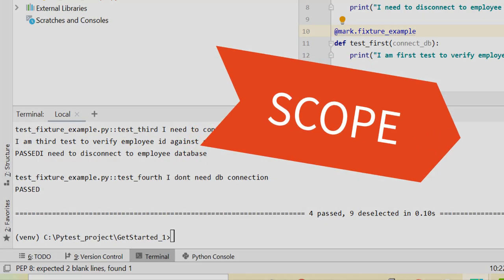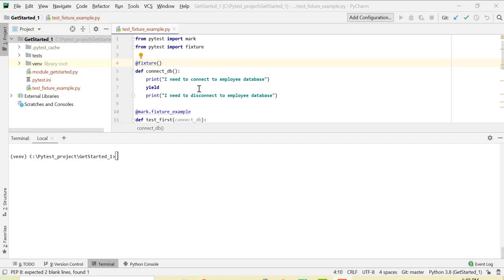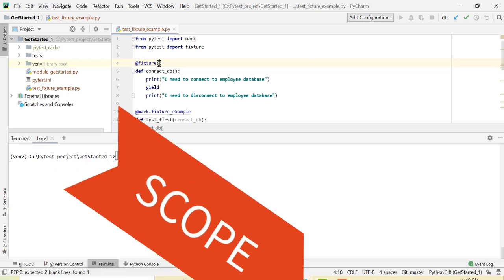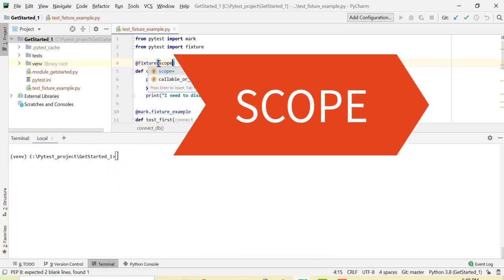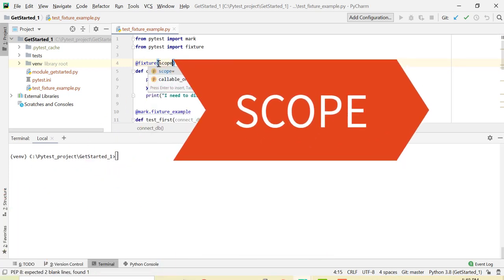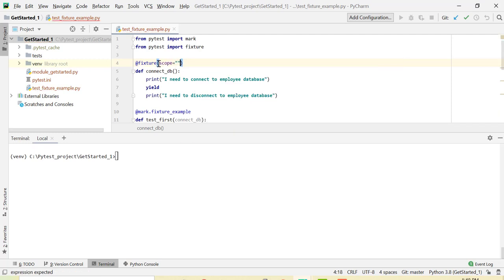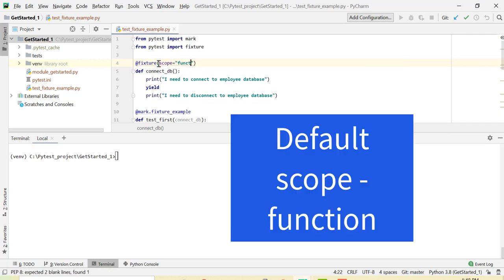So let's understand scope. PyTest gives us the power to control how often we want to invoke a fixture with the help of a parameter called scope, which is passed inside the fixture. By default, scope is at function level, which we have clearly seen when we executed test cases last time.